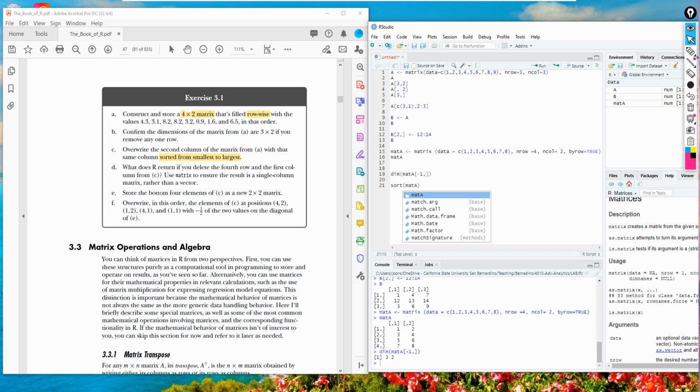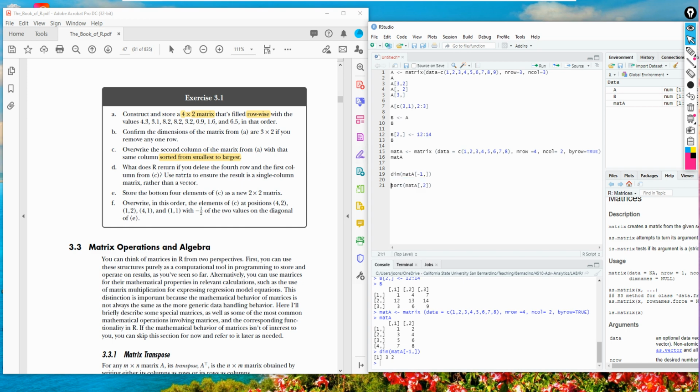Overwrite the second column, so the row is empty, and then second column. This will sort the second column of matrix A. But the original matrix has to be overwritten with this value.